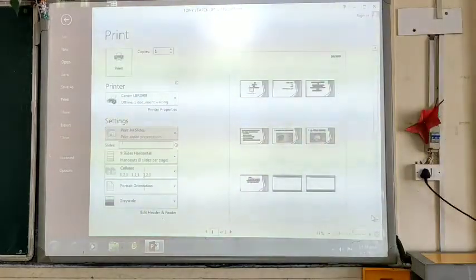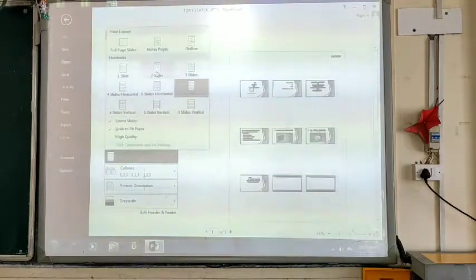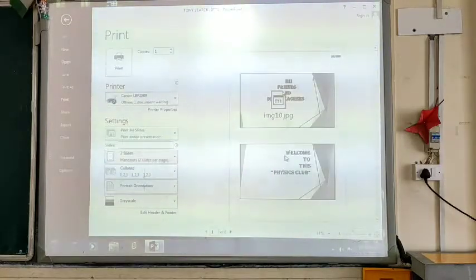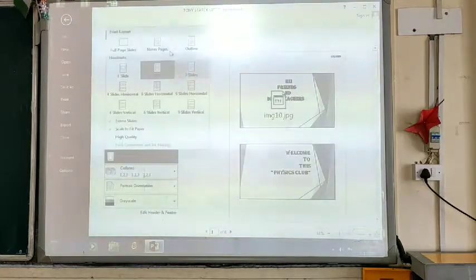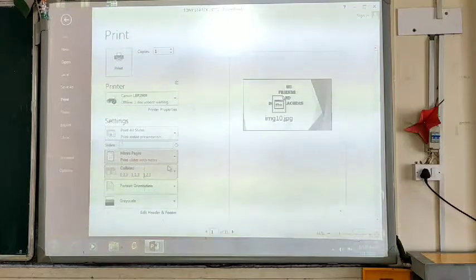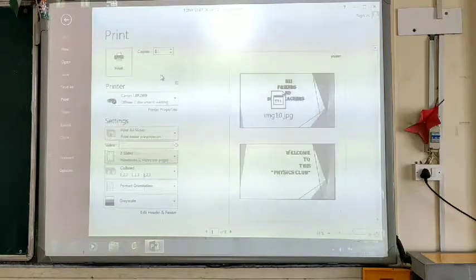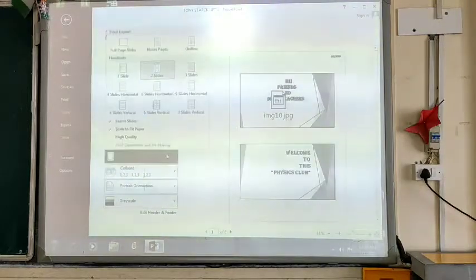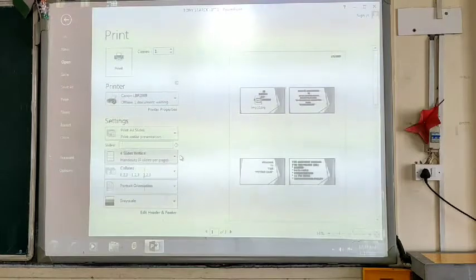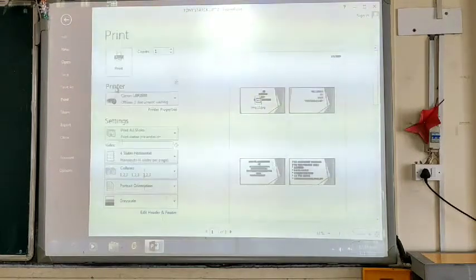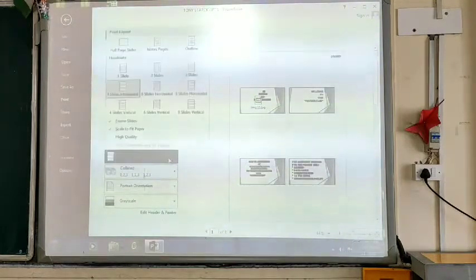If I select another option like print 2 slides, only 2 slides will be printed one after another, like this. Okay, this is how you can print the slides.